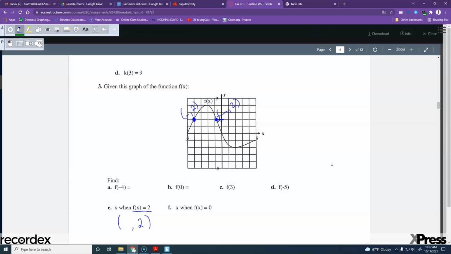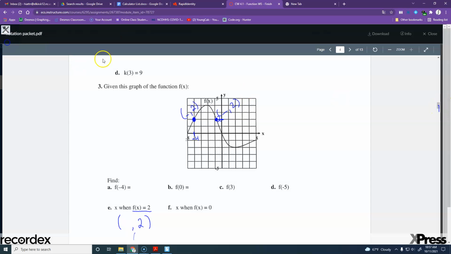So sometimes when you have these types of problems, you get more than one answer. If I look at this point right here, I've got a y-coordinate of 2. What's the x-coordinate that goes with that one? The x-axis is here. Not 4, but -4. Okay? So -4, x equals